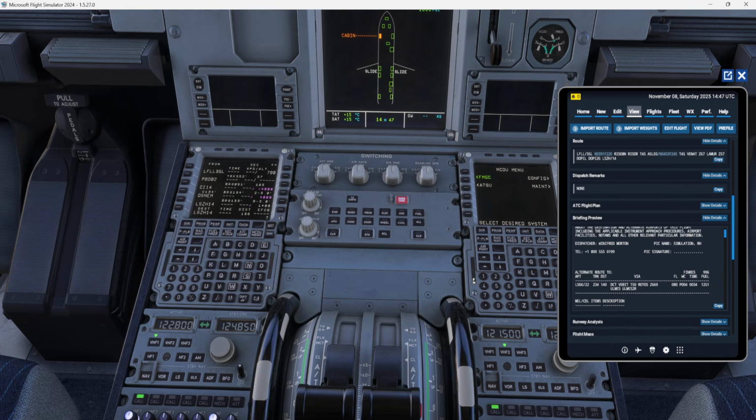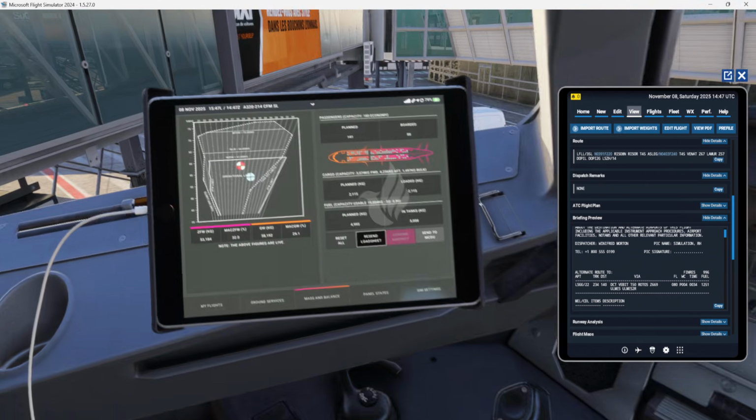Yeah, it was correct. My mistake. So hold 353 and leave it there. So we are good. Right now we go to performance,